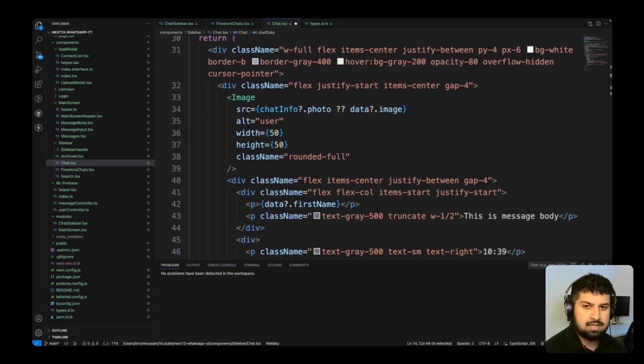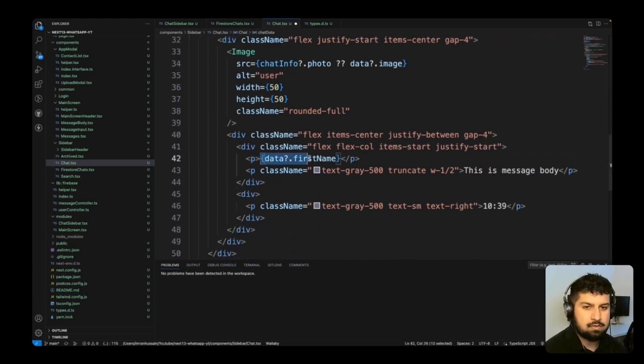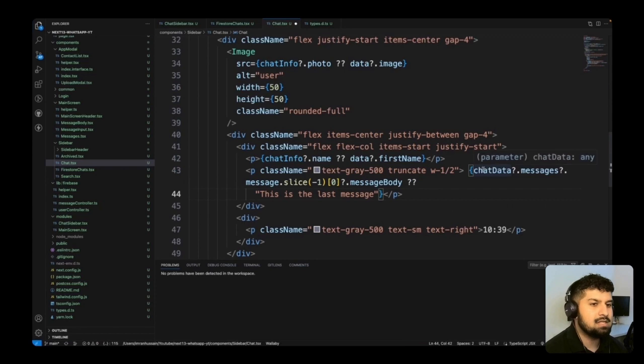So I'm just going to render the names. Instead of the first name, it's going to be chatInfo.name. Otherwise, if that's not true, then we want to do data.firstname. And then for the text, what I want to do is add a bit of text in here, but again, we want to this time do the nullish coalescing operator. And on the left hand side, we want to access chat